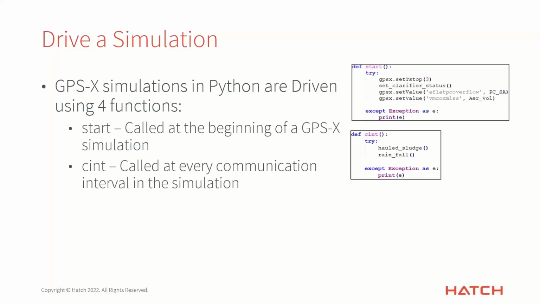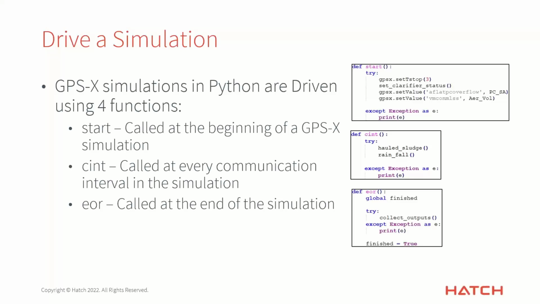simulation. And what we're doing is we're just going to call our hauled sludge and rainfall functions to add that uncertainty throughout our simulation. And then finally, you have your EOR or end of run function call, where this is going to be called exactly once at the very end of your simulation. And in our particular case, we just have a generic collect outputs function, but you could add other functionality here. But we're going to collect our outputs just so we can do a little bit of data analysis on it